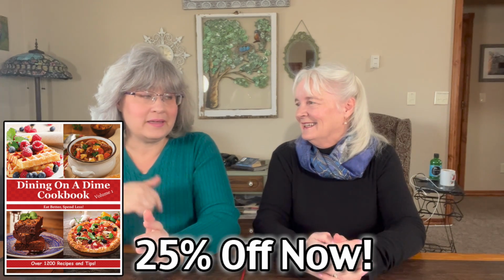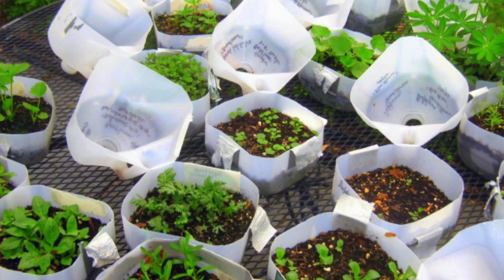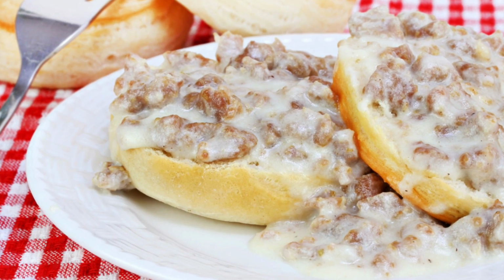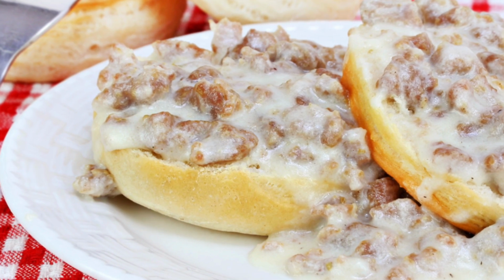But that goes into next. You cannot waste anything. You will not be able to waste, and I mean anything. Nothing. Those milk jugs, they're going to be used for mini greenhouses to start your plants. The leftovers, I don't care how bad Mom's cooking was, you're going to eat it. Fat grease from your hamburger that you fried, you stir it up and make it into gravy to stretch the